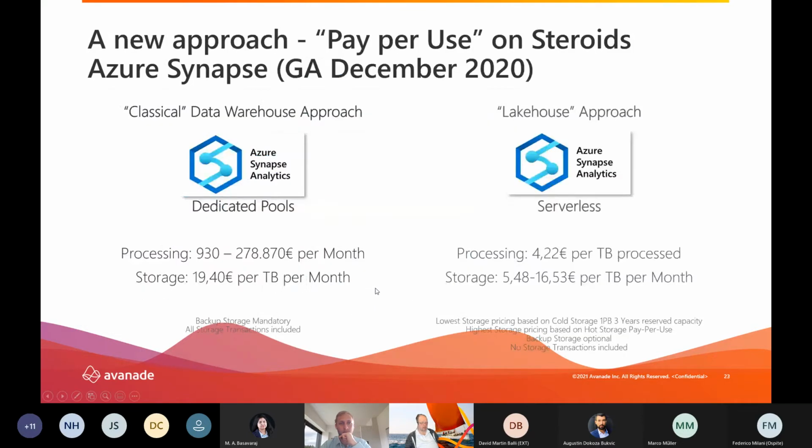The interesting part here is, well, we have these two different fashions, the dedicated pools and the serverless, so the on-demand part in Azure Synapse. And I call it pay-per-use on steroids, what's offered in serverless. Because when you have the old dedicated pools, well, they are not really old, they are enhanced and so on, but the principle behind that is still there. So you pay something like 930 up to